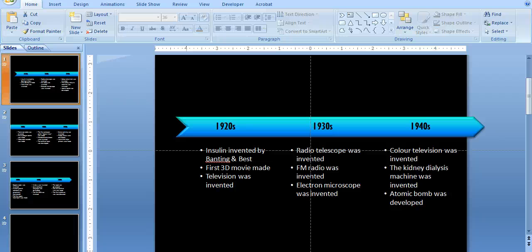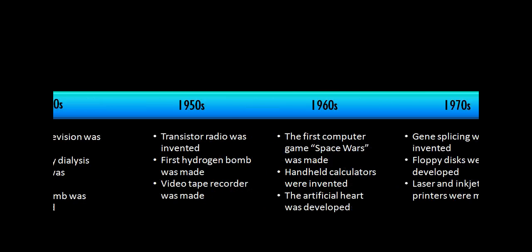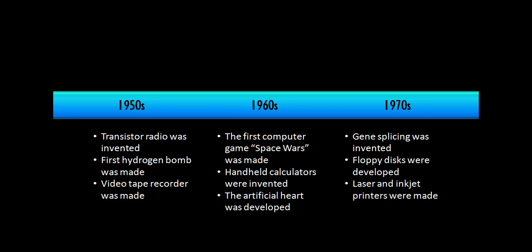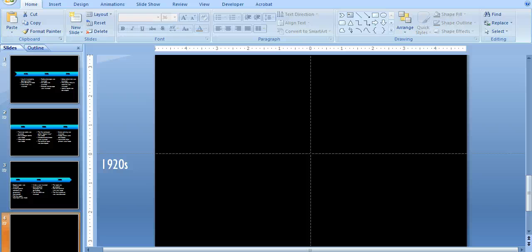I'm going to show you how to make a moving timeline, and this is what it looks like. You can adjust the timing to move as quickly as you want so people actually have a chance to read this, but it looks like it's moving continuously from one side of the screen to the other,